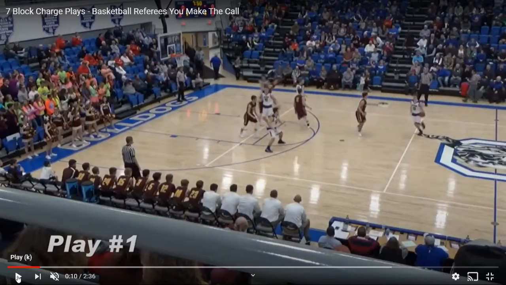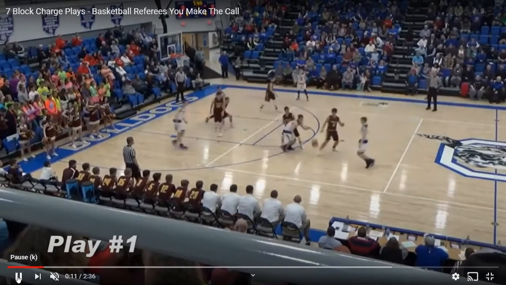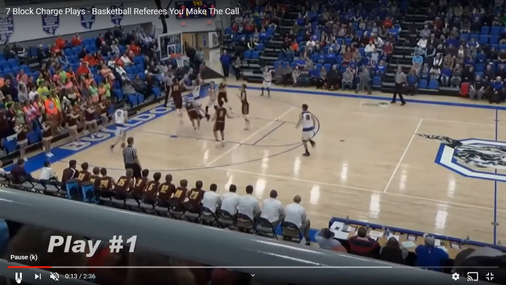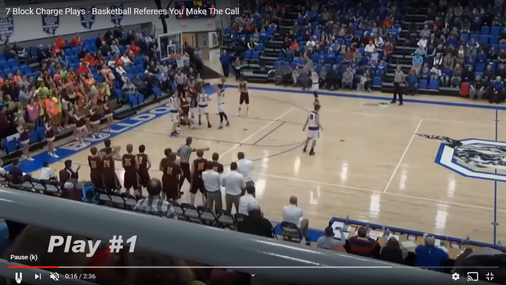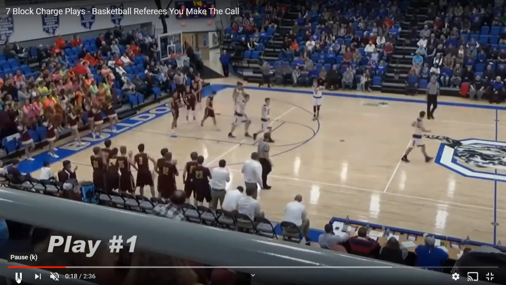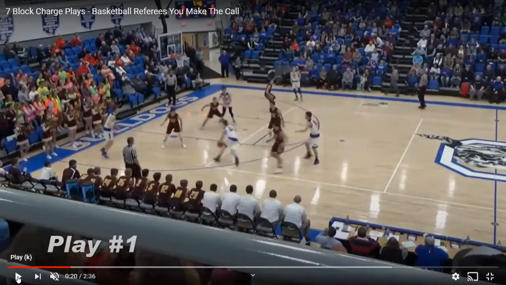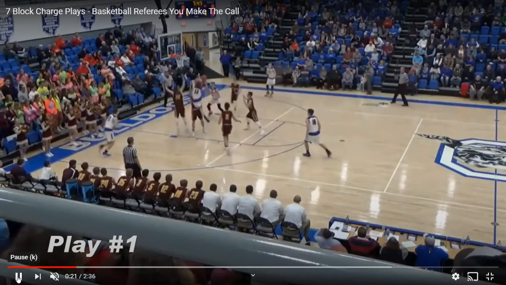But we do have a double whistle here, and hopefully we make sure that we're communicating that fact and recognizing that we have a second whistle. I know we always want our outside official to post and hold for a second, if we do recognize that we do have a double whistle, and I don't think our center recognized that our lead also had a whistle on this play. And this is a pretty easy call to make, I think. The lead official might have a secondary defender that's jumping over there, but I'm not sure that the center official has to signal the other direction this quickly.